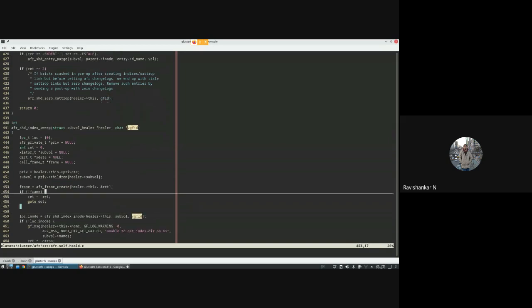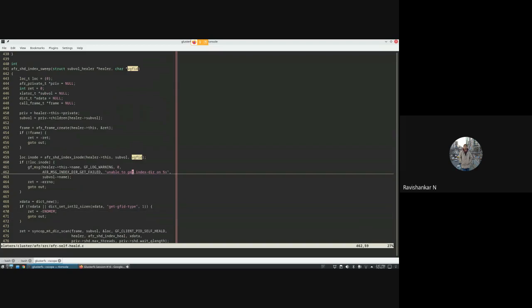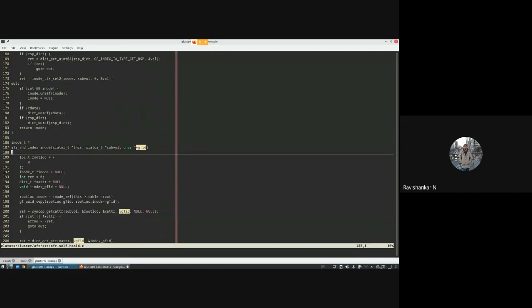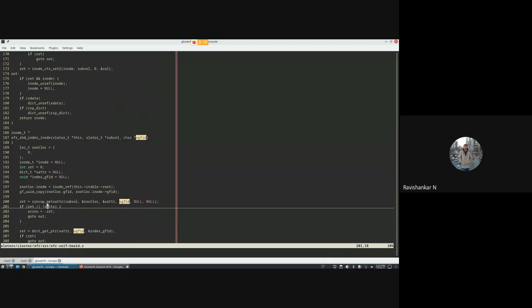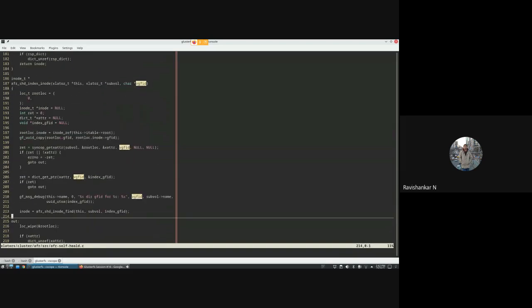What this code does is it will first try to find the inode corresponding to this GFID. How it does that is it will send a virtual getxattr with that GFID as a key, and the index translator would be giving us the value of that GFID.